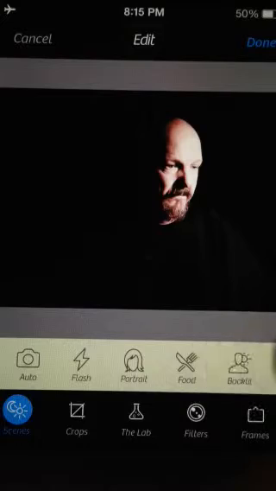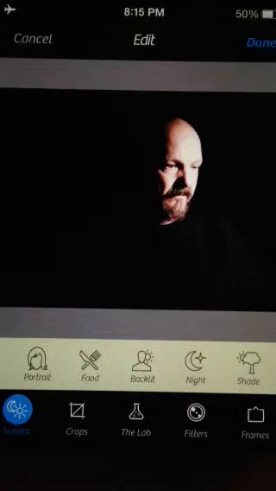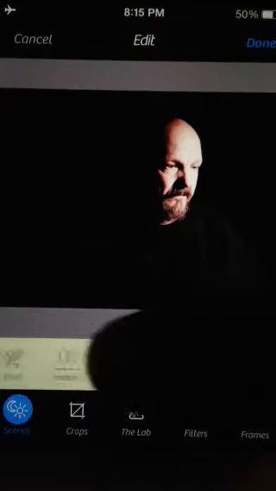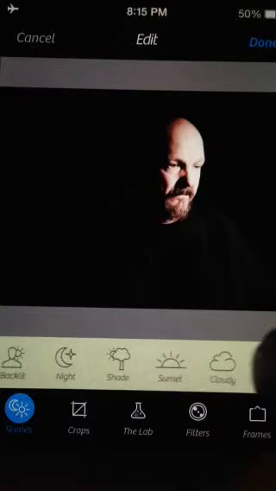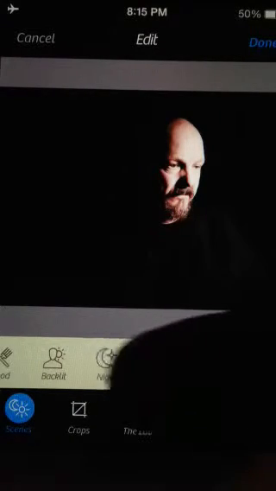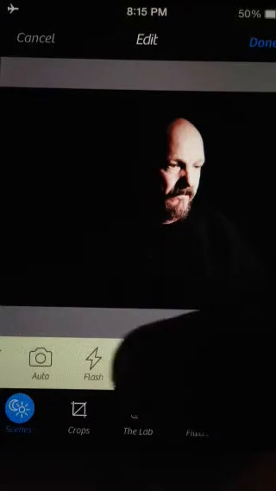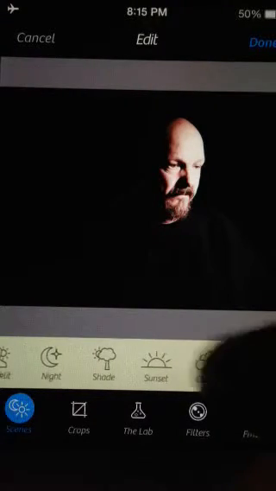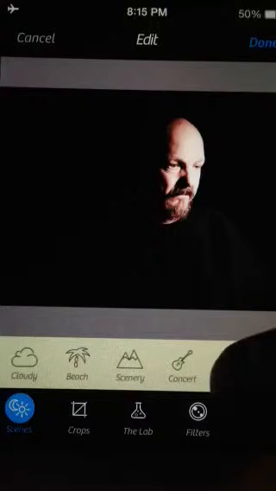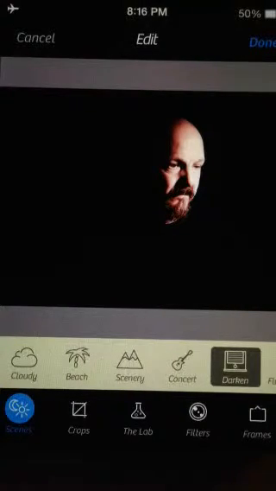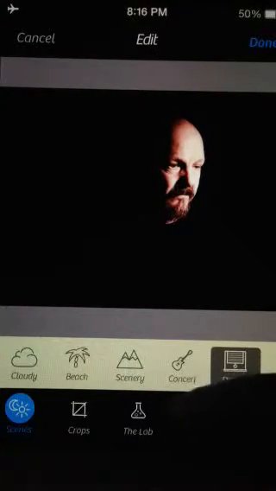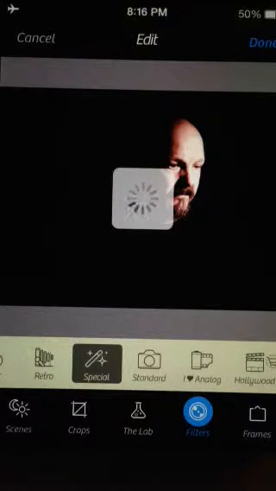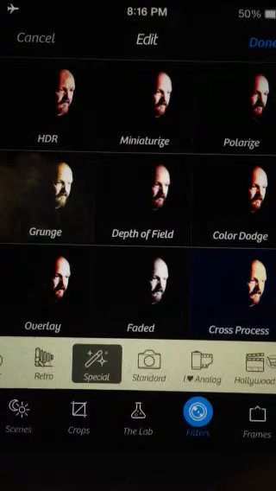By the opposite of last week's high key, instead of hitting the night like we did last week, there's a darken feature, and this is under the scenes. And so hit darken, and that helped. And then you could go ahead and choose the filter that you want for this type of